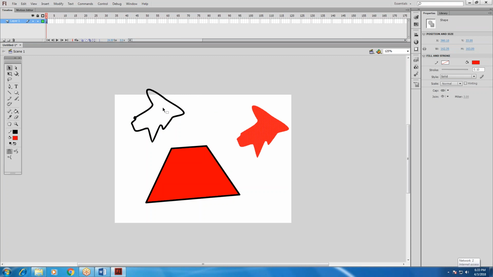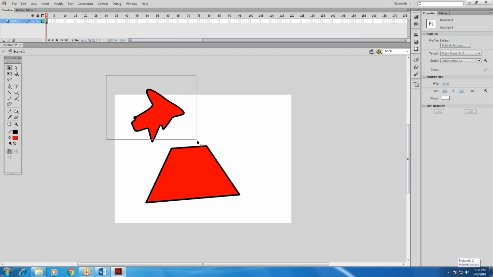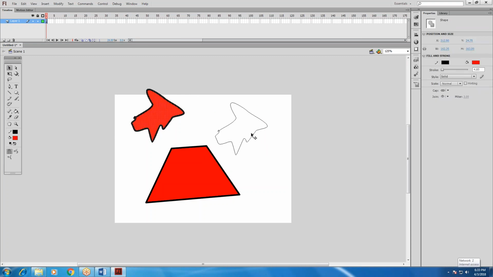Only the outline will move; if you select all, it will move.